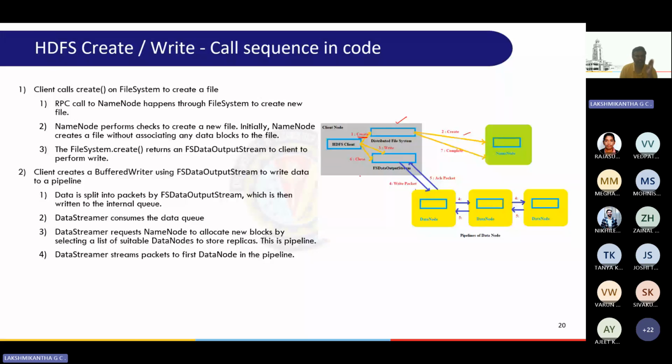And third step, the create call returns an FS data output stream. See, look here, I have mentioned FS data output stream. I'm repeating, guys, the create call returns an FS data output stream. This is the stream you use to write the data. As you write data to the stream,